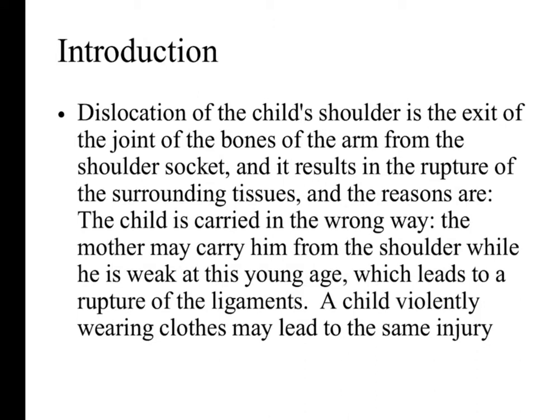Introduction. Dislocation of the child's shoulder is the exit of the joint of the bones of the arm from the shoulder socket, and it results in the rupture of the surrounding tissues. The reasons are that the child is carried in the wrong way. The mother may carry him from the shoulder while he is weak at this young age, which leads to rupture of the ligaments. A child violently wearing clothes may lead to the same injury